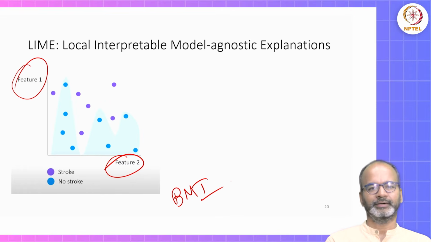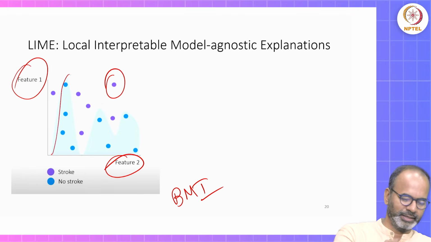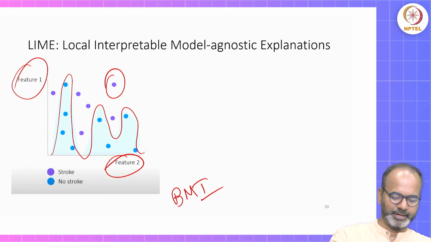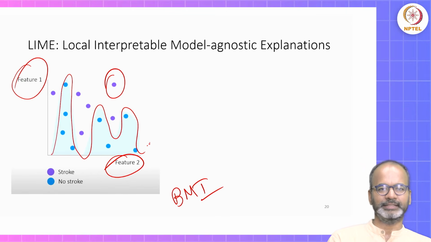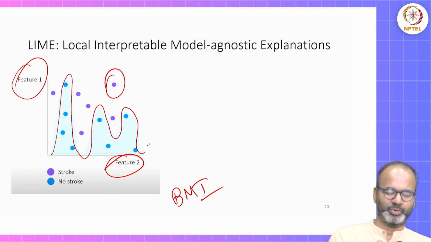Things like this. We can use all of this as features. In this graph, only two features are taken for every patient, and a graph is drawn of the points that are there. Every dot is a patient, and some curves are drawn to decide which patients may have a stroke. A model is created to show who has the possibility of getting a stroke or not getting a stroke.